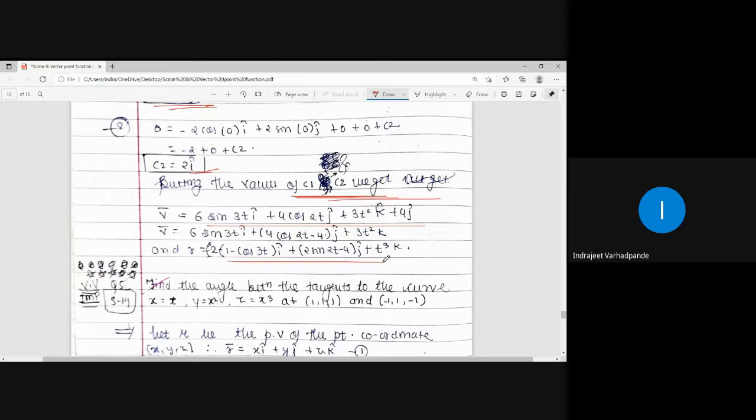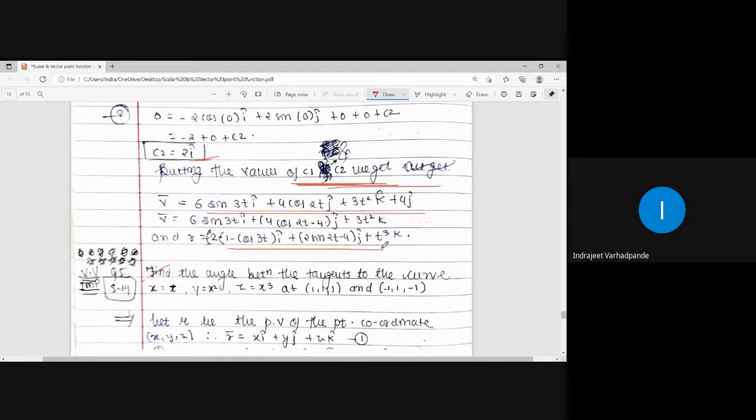Whatever will be the common unit vectors, i or j or k, we club them together and try to simplify and get the answer. So whatever values of c1 and c2 are expressed, may it be in the form of i, j or k, accordingly we will be calculating the velocity as well as the displacement component by proper substitution.